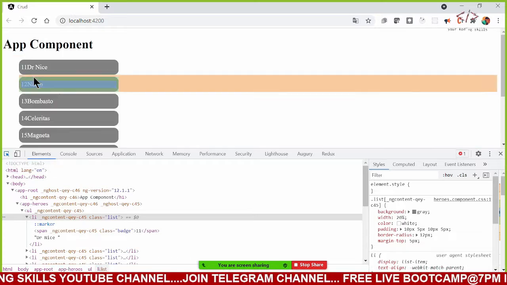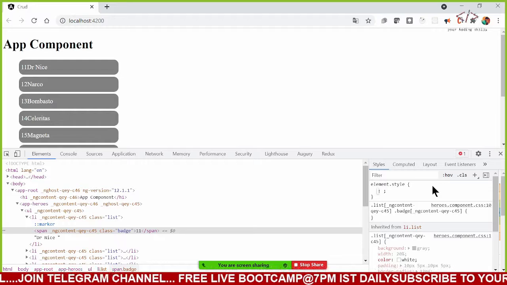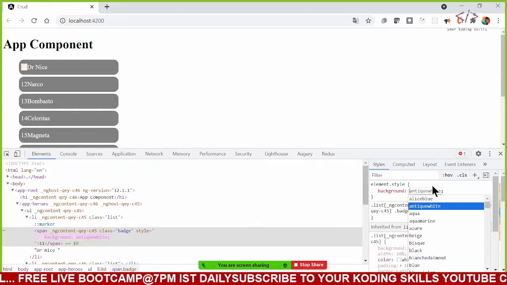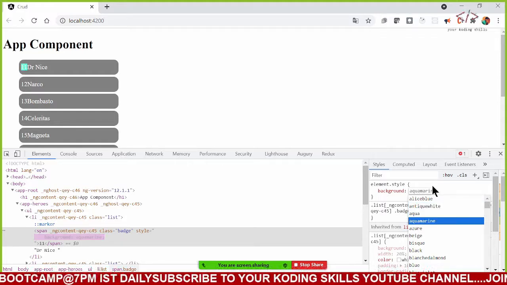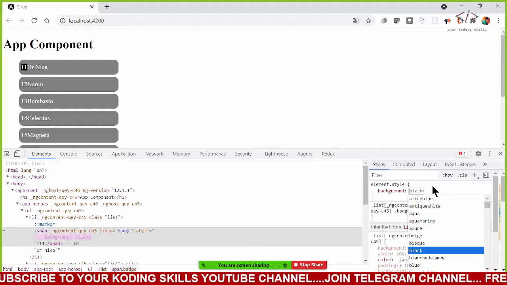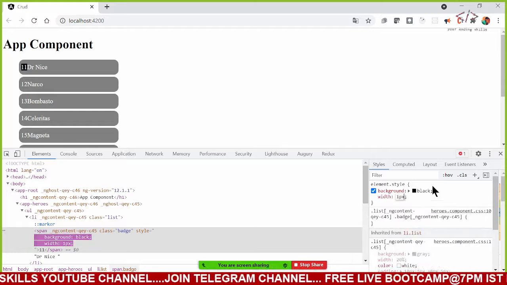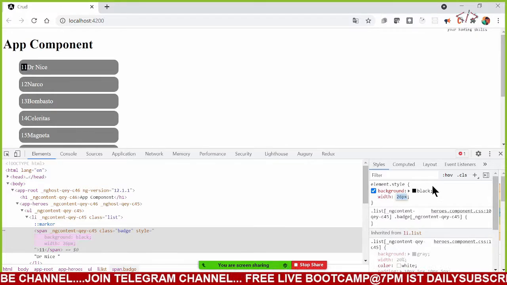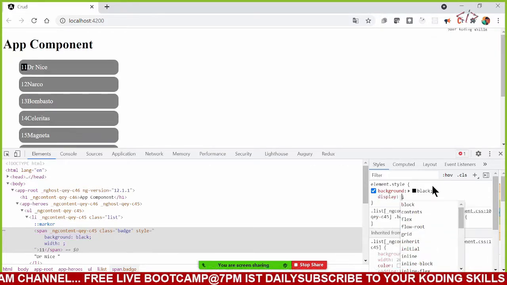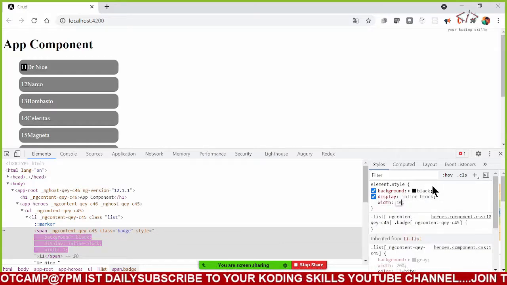And let us go to this ID, which I gave span as badge, right? For this, I want a different background color. Okay, let me add this black and white and let me give some width. No width for this because this is a span. So I'll say display inline block. Now width should work.